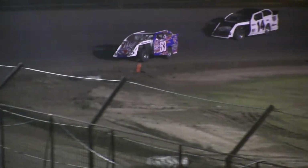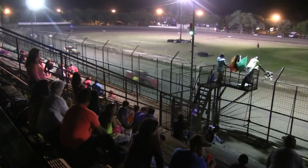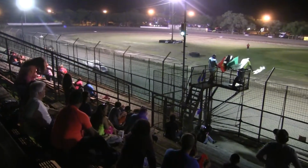Makes the move out of turn 4. Takes over that second spot. Looks like Edward Oaks going to take the double checker flag. Good run for Edward. Talon Minton going to be in second spot. Third spot going to be...